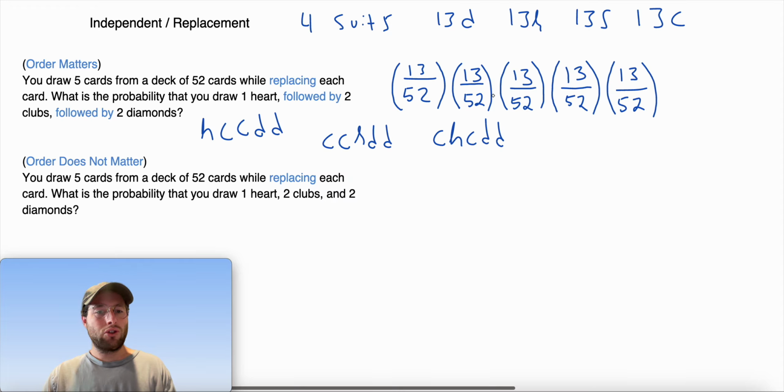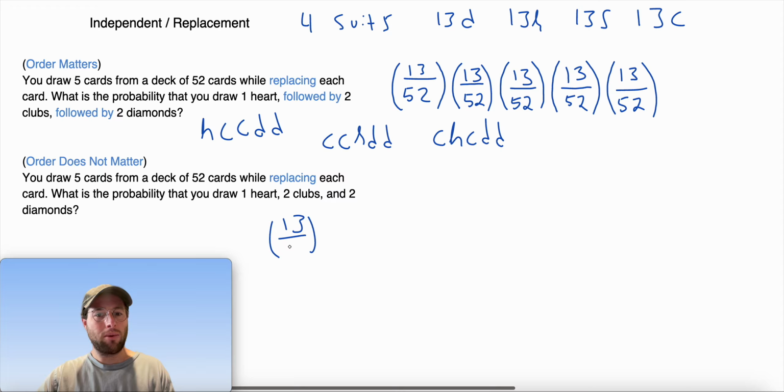Okay, so now let's look at the next one. And so what we just discussed is going to help us understand why we can do what we're about to do with this one. When order does not matter, we just want to know the probability of drawing one heart, two clubs, and two diamonds in any possible order. We're going to find the probability of drawing the one heart, two clubs, and two diamonds in general, which is